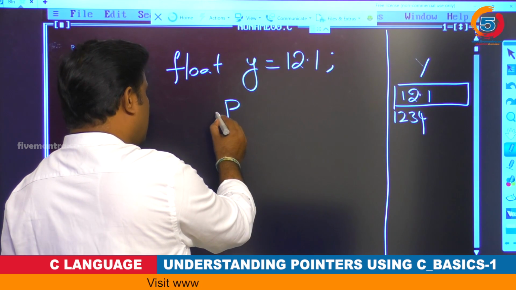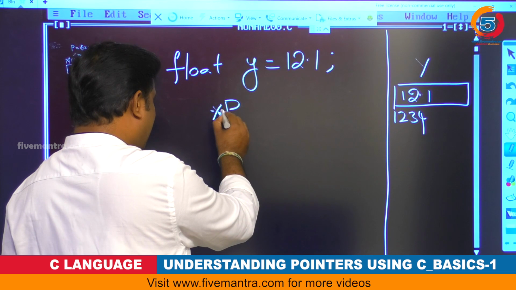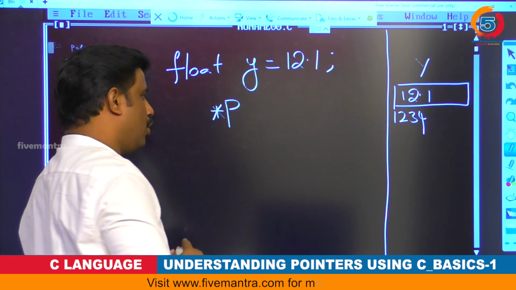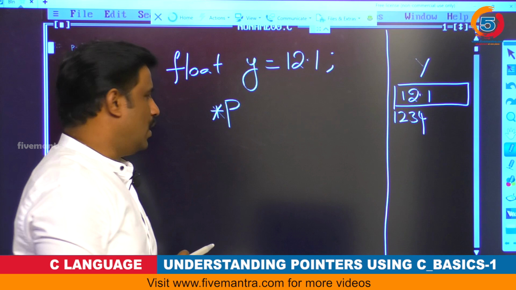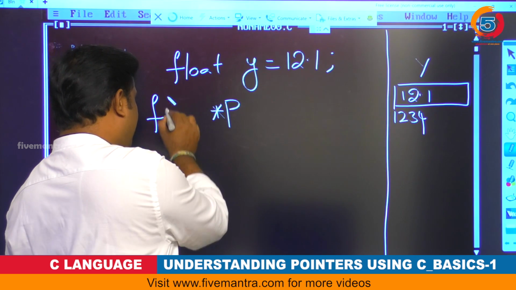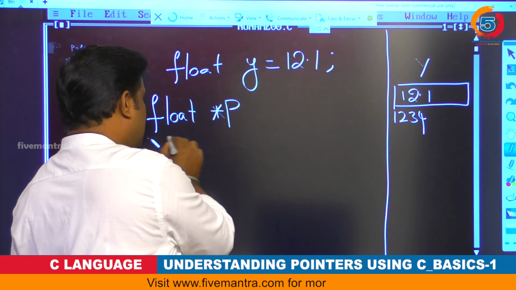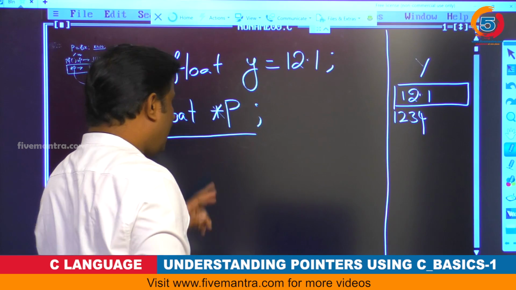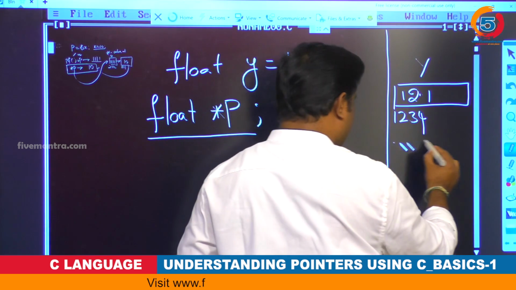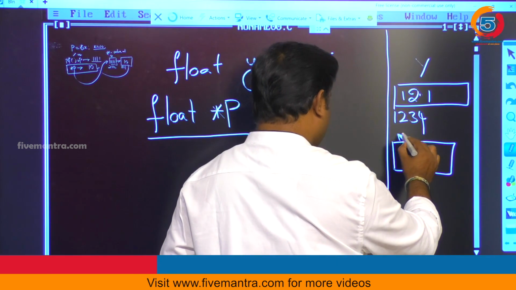And you know that whenever you want to define a pointer variable, you have to use the indirection operator, that is the star. And what is the data type? The same data type we have to use as the data you want to hold. This is the float. When I say this, it will hold the memory for p.